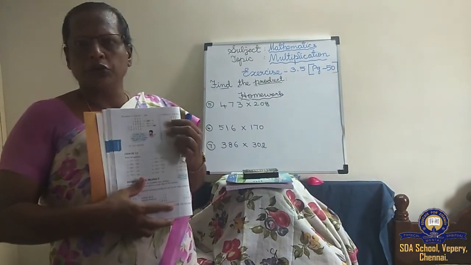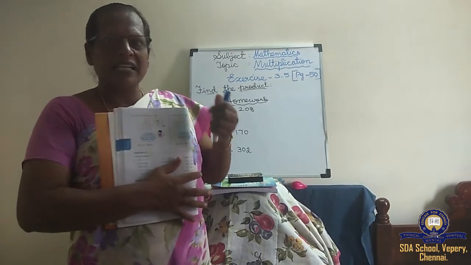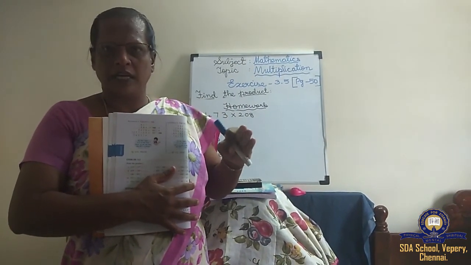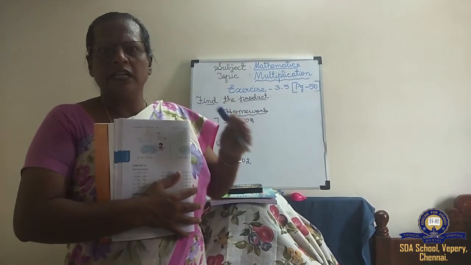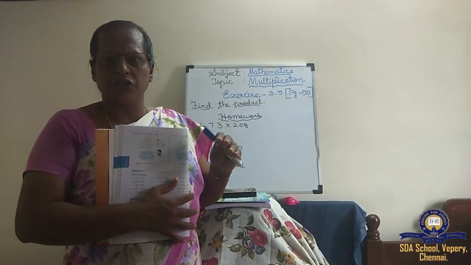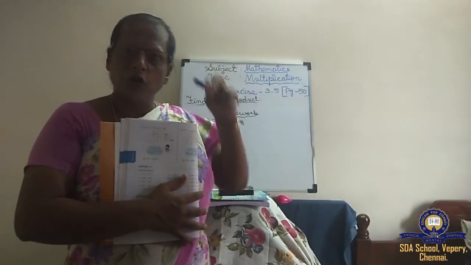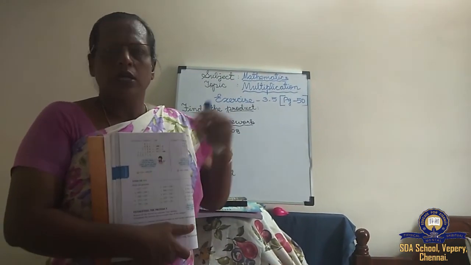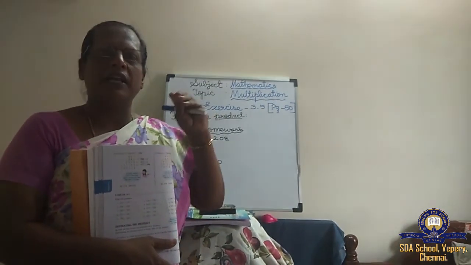Okay, children, are you thorough? Next week, exam is going to be conducted. I will ask till multiplication 3.1, 3.2, 3.3 only. I won't ask 3.4 and 3.5. So, don't worry. Lesson 1 and 2, chapter 1 and 2, you learn from the note itself. No need to look at the book. Be thorough. Learn multiplication tables whenever you have time.